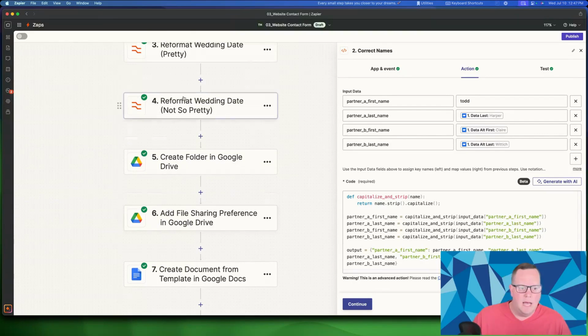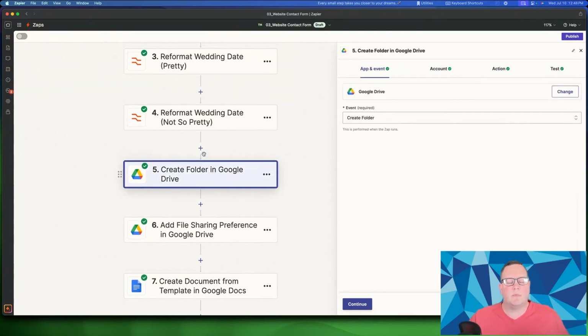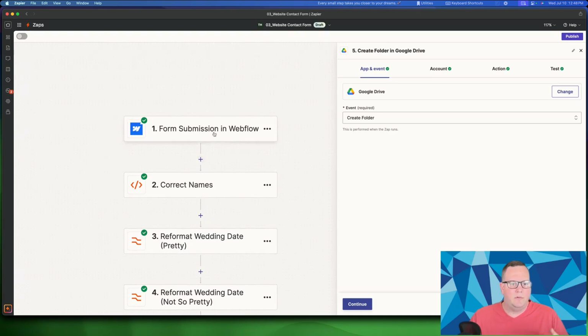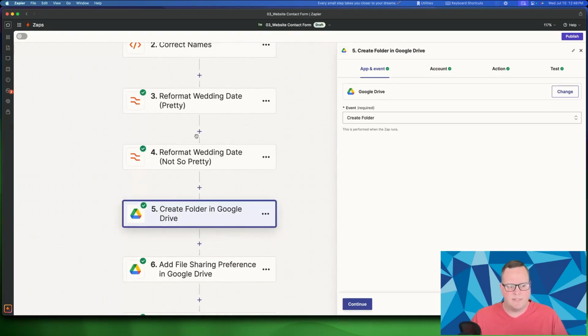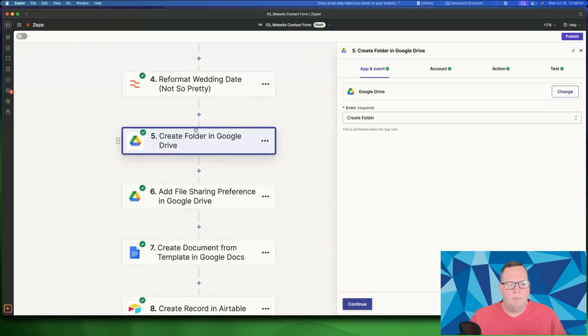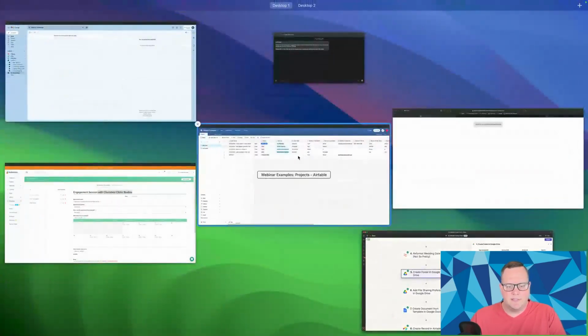Okay, so here are some of the really cool reasons why you'd trigger based on a contact form from your website instead of a lead capture form. This is where it starts to get really powerful. We can go and create a folder in Google Drive for this lead. And so if I go here, just to witness it happening live in action,